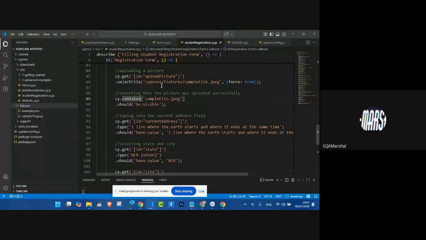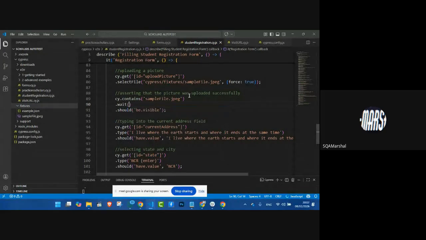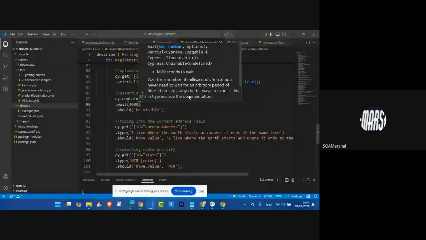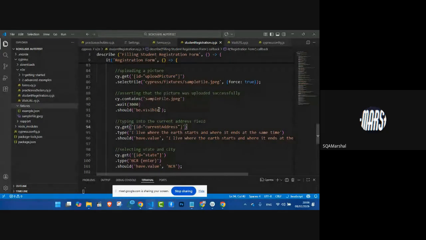sample. Where is it again? Sample file. This guy. Sample file. I think that is correct. Dot should be visible. Okay, so I'm going to say dot wait 3000. So the reason why I'm putting wait is, probably because it wasn't,